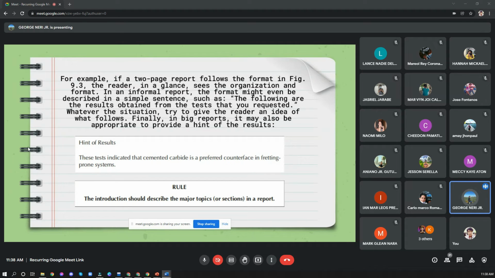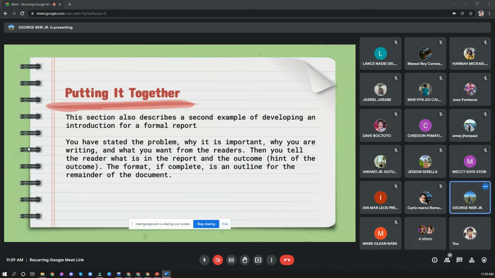Finally, in big reports, it may also be appropriate to provide a hint of the result. So this is the hint of the result: this test indicated that cemented carbide is a preferred counterface in printing-prone systems. So the rule: the introduction should describe the major topics or sections in a report. So next,